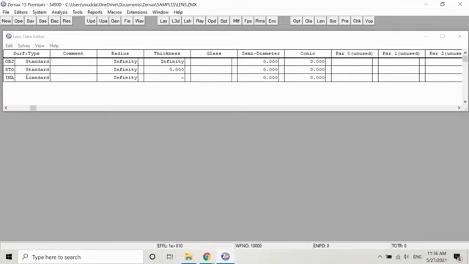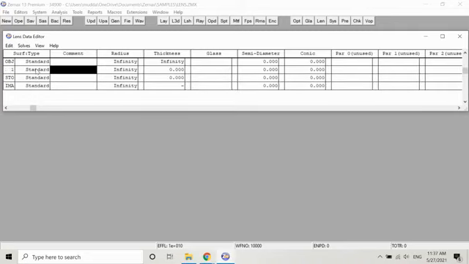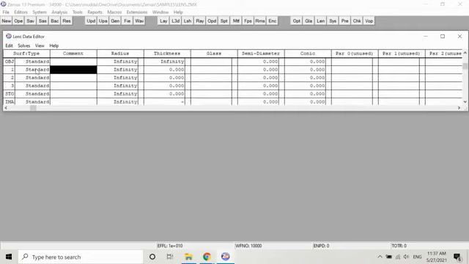Then these are the surfaces, with which the incoming light from this object will interact. And the last one is the image, which is basically a detector. It is the last surface on which the light will fall and you will get the result. Besides that, you can insert more surfaces here by just clicking insert like this, and you can define different components here.